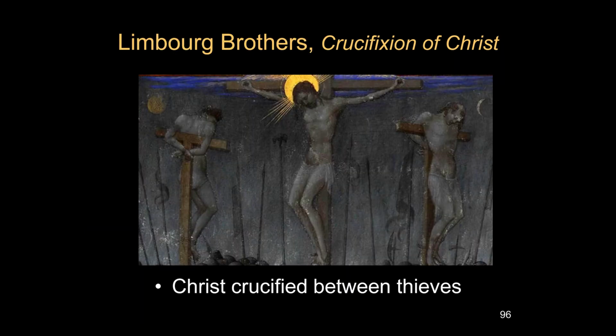And so let's look at some of the details. We see Christ crucified between the thieves. Once again, he has the halo and radiance coming from it. Seems to be the light here. We do see the sun and the moon, but the sun is marked out. The moon is this tiny crescent. It's not shedding much light at all.